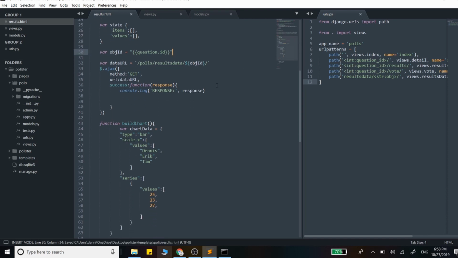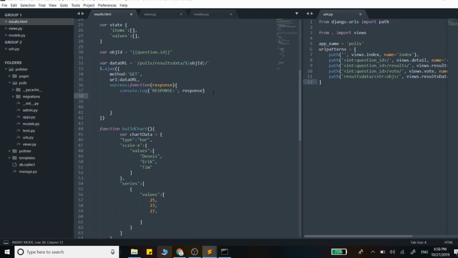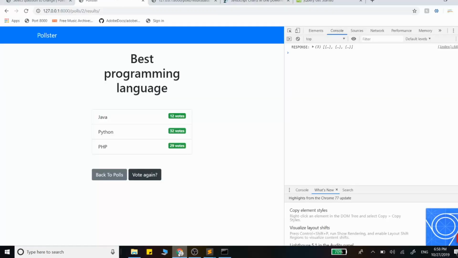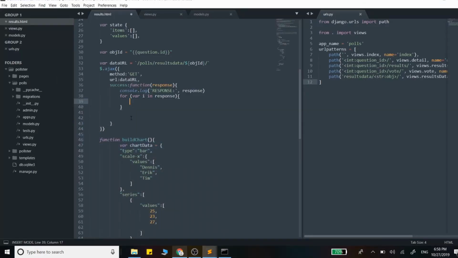And as we load in that response, let's create a loop, and let's loop through our response and append them to this state right here so we can throw that into the chart. So I'll just create the loop really fast. So we're looping through this response right here, and we want to be able to grab all the keys and the values and throw them into an array. So the way to do that is we want to grab the values and append them to items and values. So let's go state.items